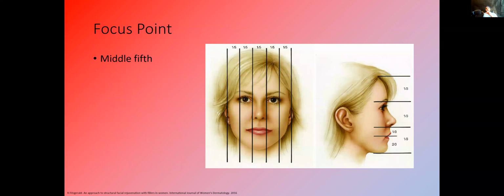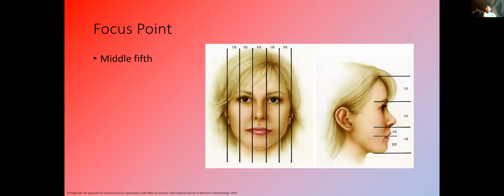So what I'll be focusing on when it comes to injecting the lips, so this is the middle, we're going to be focusing on the middle fifth, but this is called the vertical fifths assessment, done by Fitzgerald back in 2016, and essentially you're going to split the face into fifths. So we're talking from the lateral aspect of the face to the lateral canthus to the medial canthus, the intercanthal distance, and so forth. So when it comes to the lips, what we're looking at is, if you look at my face just over here, sorry, you've got your intercanthal distance from your medial canthus from one eye to the